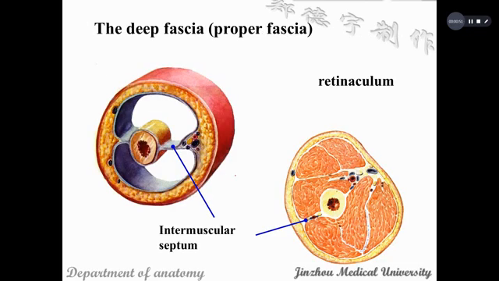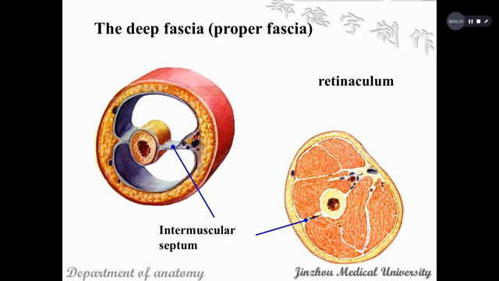Another one is the deep fascia. The deep fascia is deep to the superficial fascia, like this one, and almost doesn't contain adipose tissue. And then it envelops the groups of muscles. It also separates the muscles one by one. This is the deep fascia. And their function is to make the muscles move